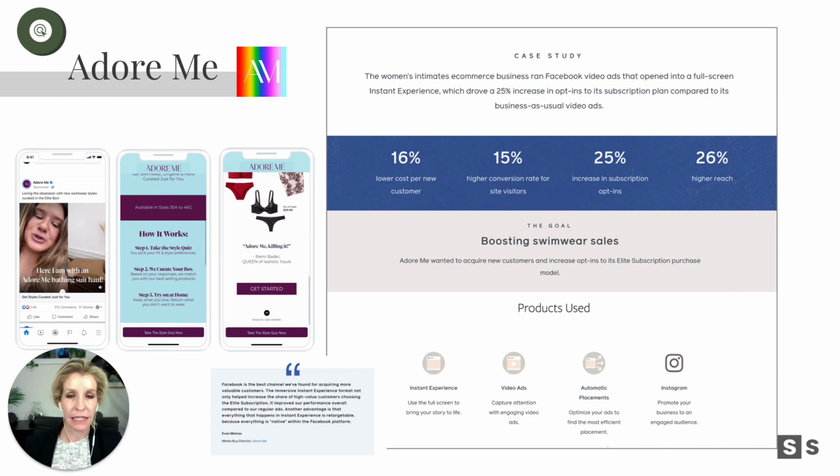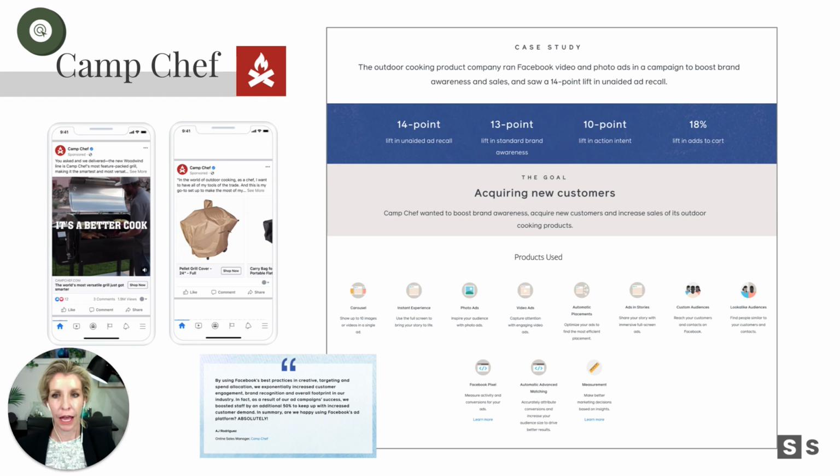Now, back to the instant experience, you can't run an instant experience on every platform, i.e., Audience Network, where your ads are appearing in the sidebar on a news channel. That's obviously not going to work. So Facebook will say you can use an instant experience on this platform, but not on that. Generally speaking, it's going to show up on your mobile device ads. So Instagram and Facebook ads served in the news feed on mobile. But don't worry, it'll tell you whether you can or you can't.